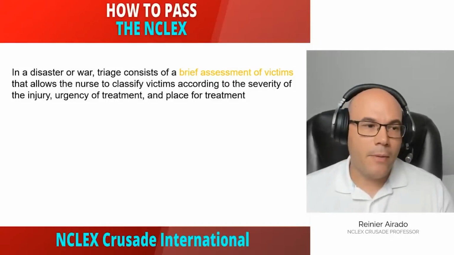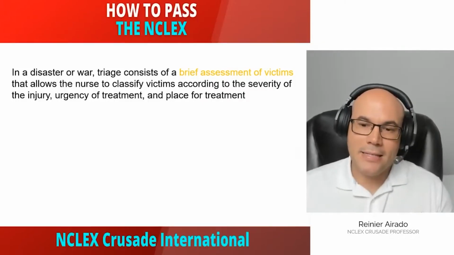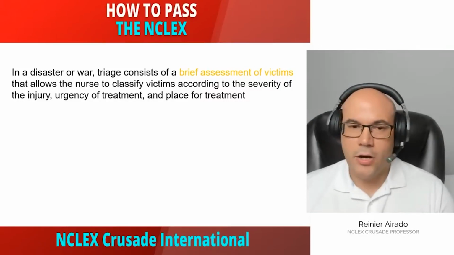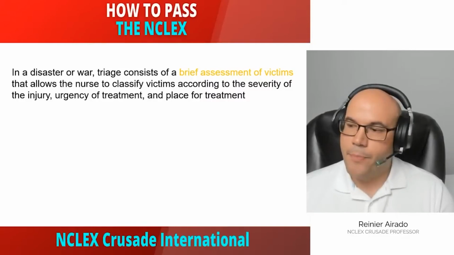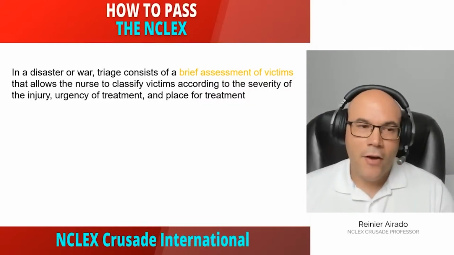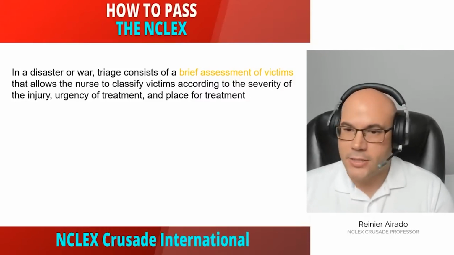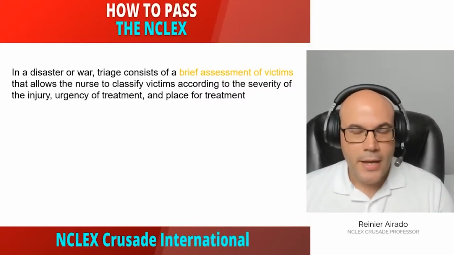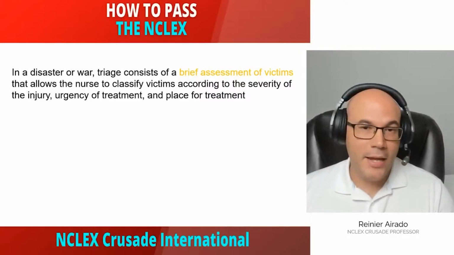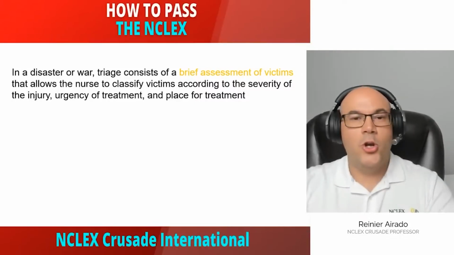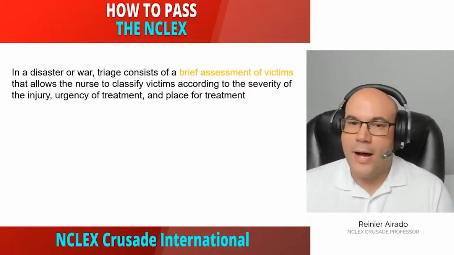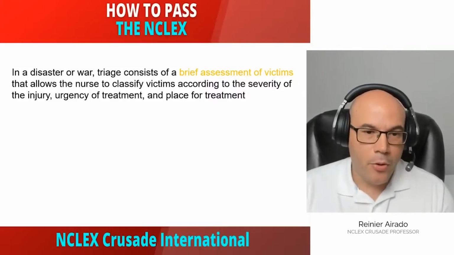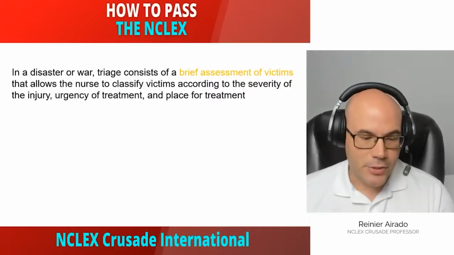But what is the problem when there is a mass casualty? What is the problem with triage when there is a disaster? The problem is that you could have 100, 200 patients at one time, everybody coming towards you, and you don't have all the time in the world to do your usual head-to-toe assessment. You have to do something more simple, something that is faster.